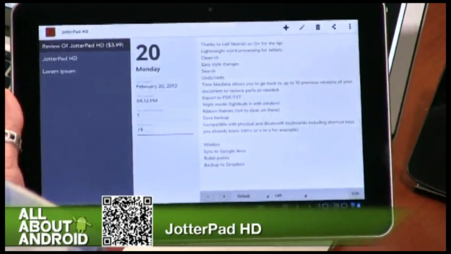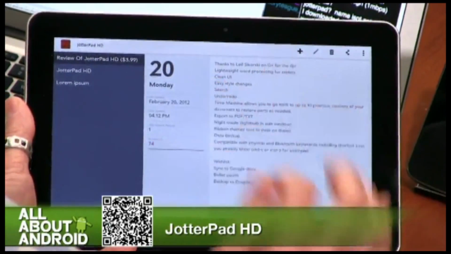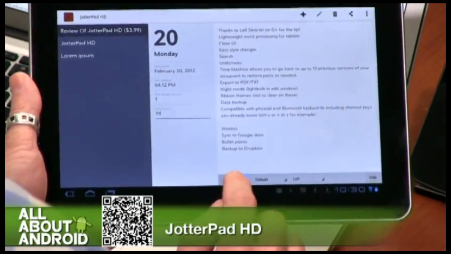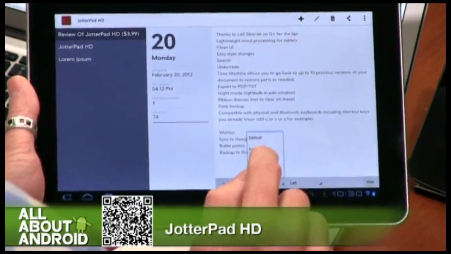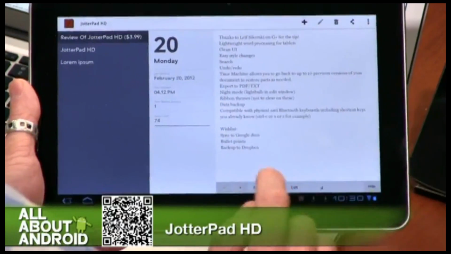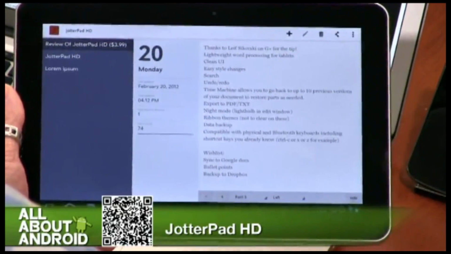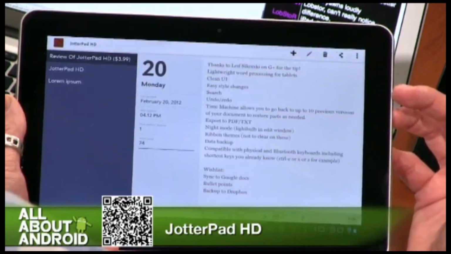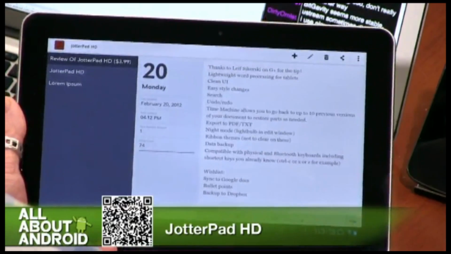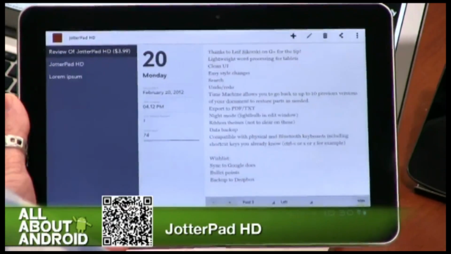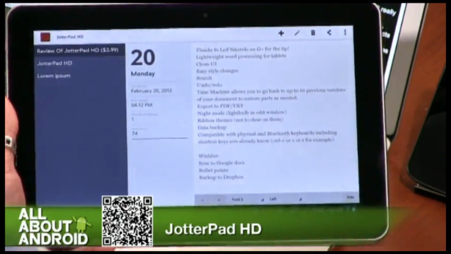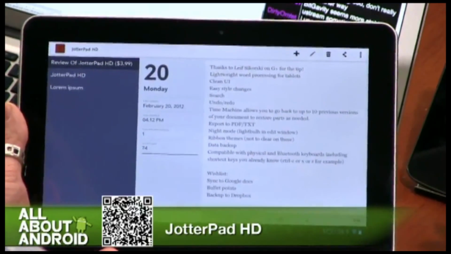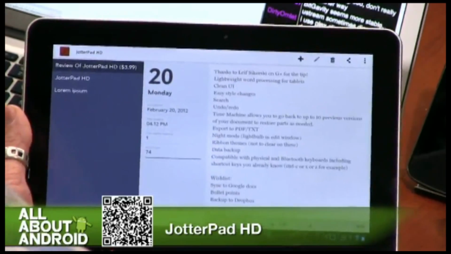It's lightweight, so it's meant for easy, quick changes. It has a clean UI and easy style changes. So if you need things to get larger or smaller, you can do it really easily, or you can change your font really quick and change it to something that maybe matches a little bit more what you want right off the top. It has built-in search, so you can search through your documents and find elements of that. Undo redo, which the developer says is one of the top requests for apps like this. And that was his goal, to create a word processing app that is low on total number of features, but high on the top requested features,